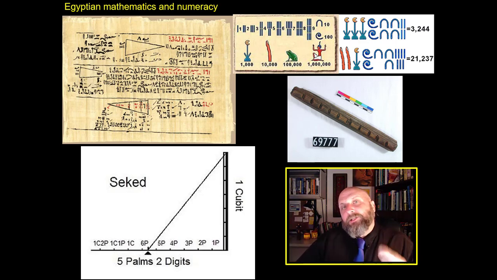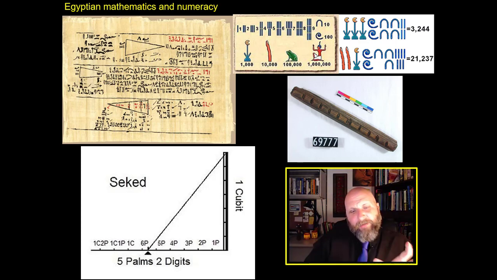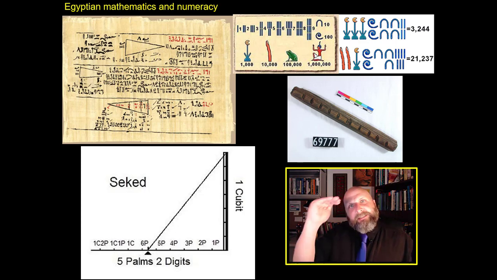But one of the things that the Egyptians did not have are degrees. They didn't have degrees. They didn't have any concept of cosine. But they had something that kind of worked the same way. They had this very complex unit called the sekhed. And there it is over there. Let me see if I can remember exactly how a sekhed worked. A sekhed was a horizontal offshoot of a single vertical cubit.